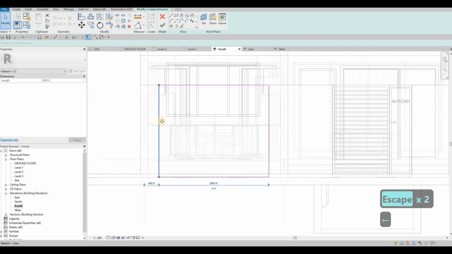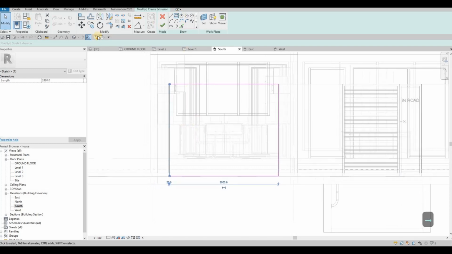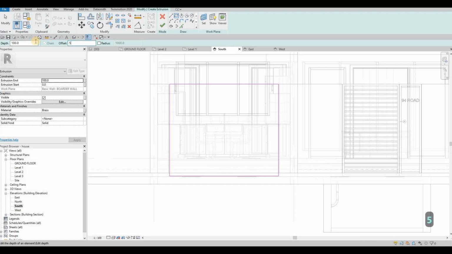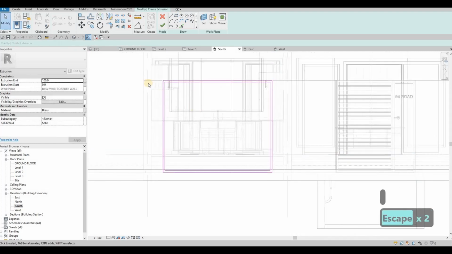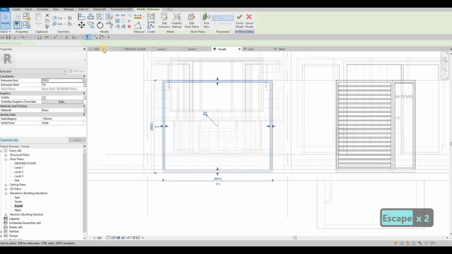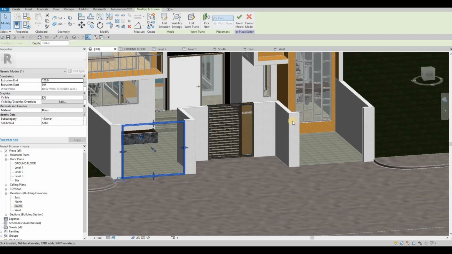Nudge it in a little bit, and then here offset this one to 50, space bar, and then click finish. Go to 3D,